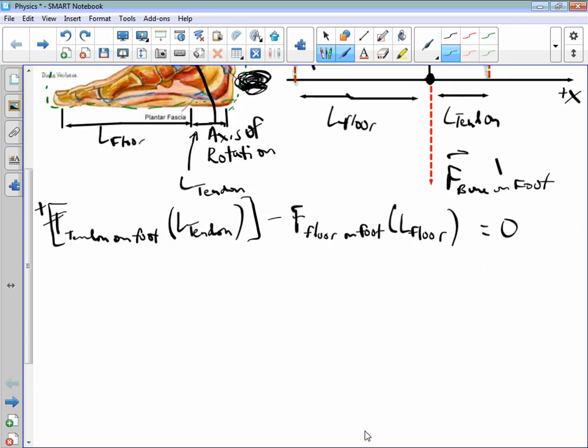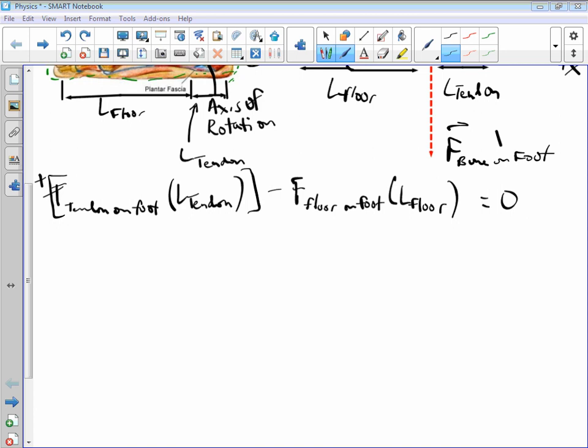Something else we can make note of is that the force of the floor on the foot is equal to the mass of the body times gravity over 2. You must be on both feet, and we're only measuring one foot. So we're just going to leave that there for now. The other thing that we know, and I'm going to use a different color so you know why I'm doing a second equation, is we know that,